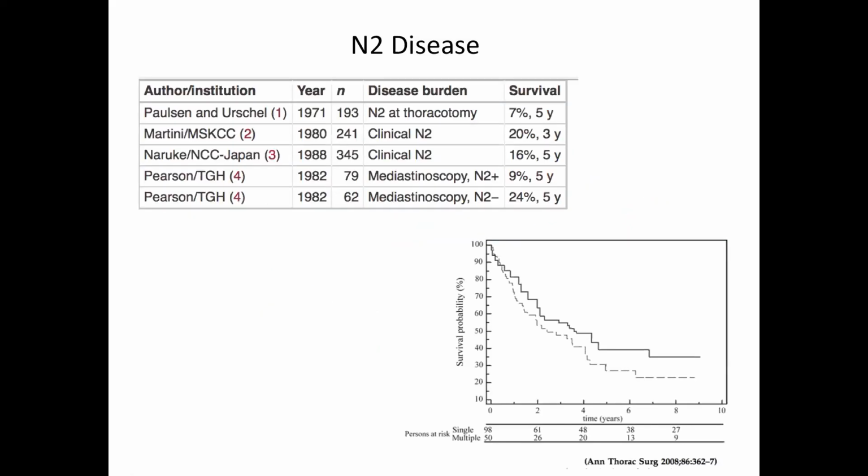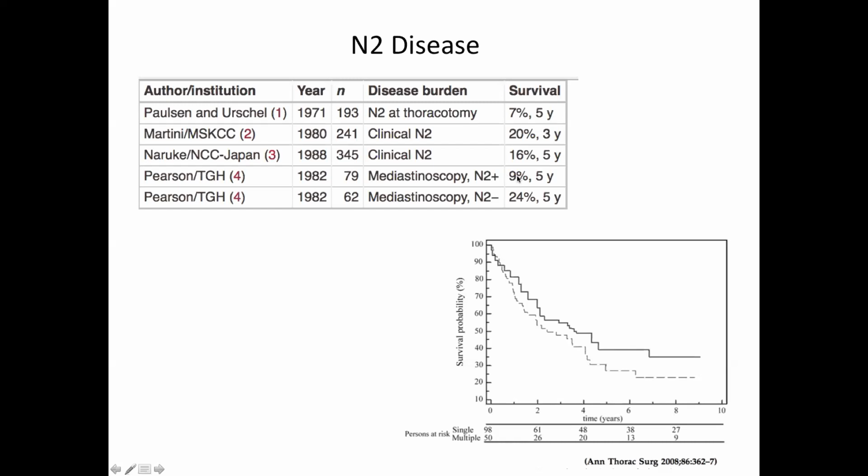Just as a historical background to some of these, way back in the 70s, almost prehistoric, but not quite, we're finding that the survival is quite poor. Obviously, remember there was really no other clear imaging criteria available at that point. Bringing ourselves up more recently, perhaps we look at the 1982 studies at mediastinoscopy when N2 was negative, 24% 5-year survival, as opposed to doing a curative resection with positive mediastinoscopy, the